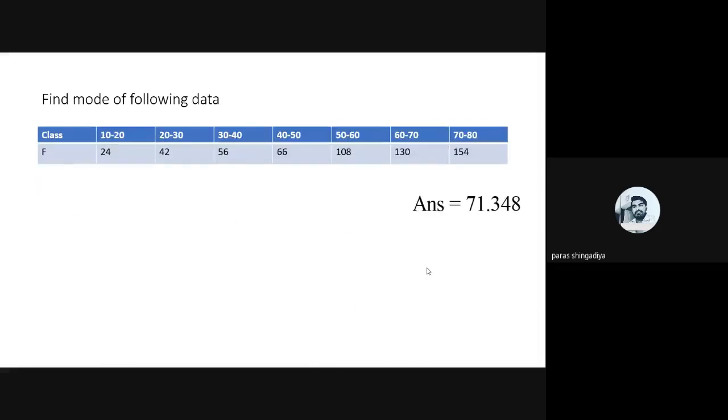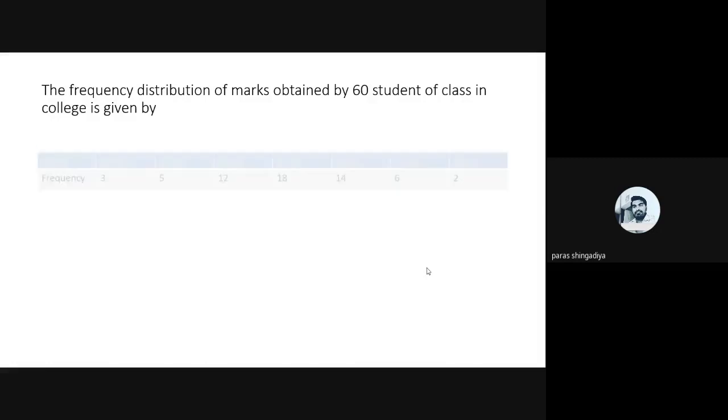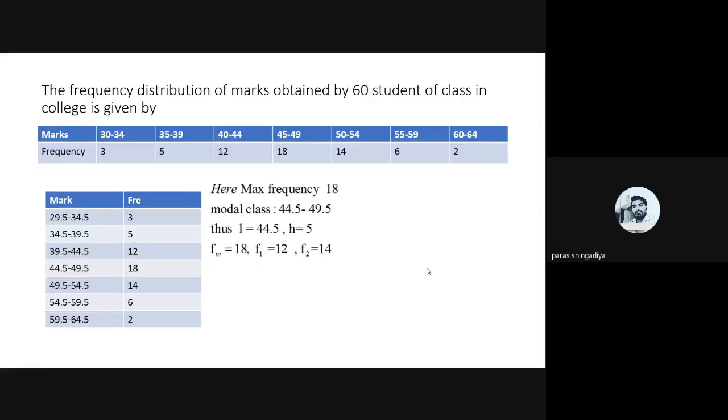Then after the second example, we discussed the third one. In the fourth one, we discussed the case where it is not a continuous class interval form. So first we'll convert it to a continuous class interval by using a fixed procedure. First, identify the gap between the intervals. There is a 1 point gap: 34 to 35, 39 to 40, 44 to 45, and so on. So there is a 1 point gap between any class intervals.